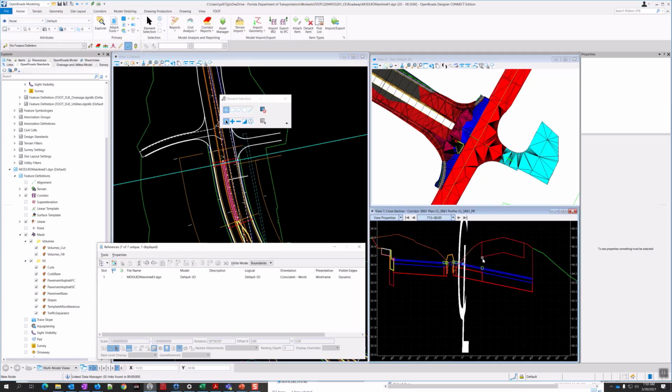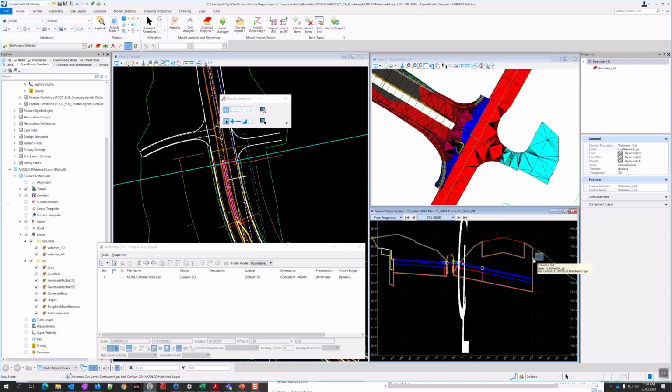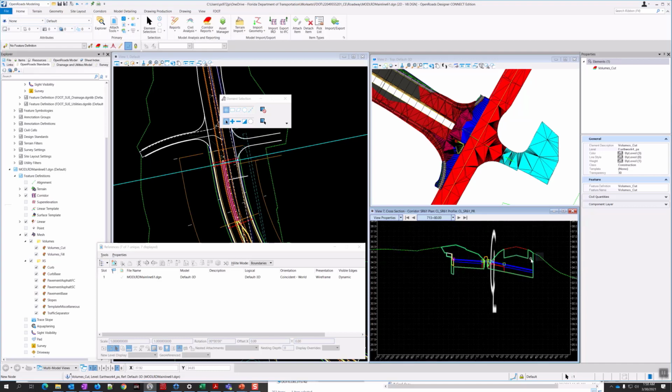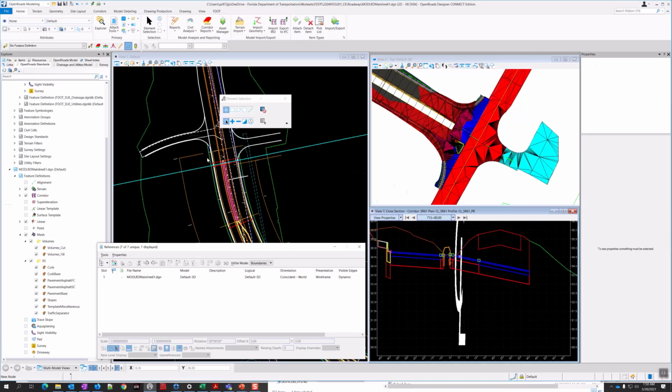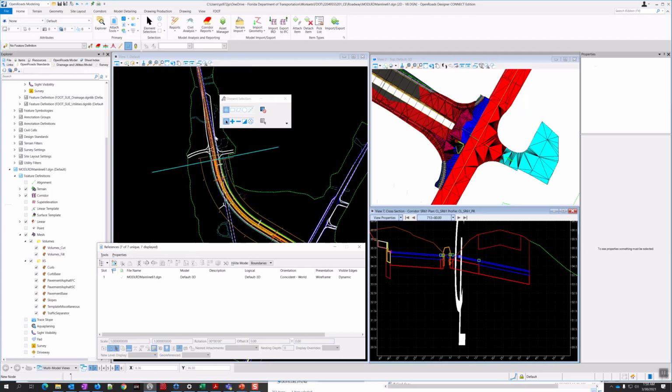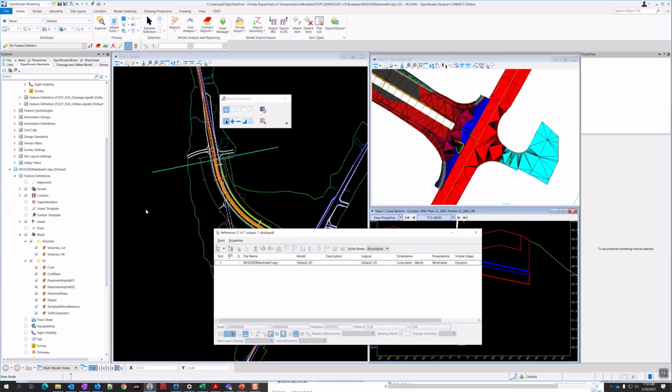Now you should see the volume taking into account the existing features. There you go. I can get the right handle here so that you can see the cut volume. It goes under that existing pavement. So that's good. That's why we need the existing features to count. You get a much more accurate picture that way. And this is down here at the end where, yeah, it overlaps. Alright, so that's ready on this file. We're done with the modeling part.